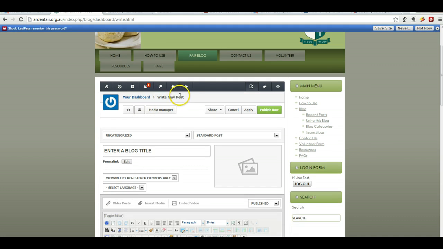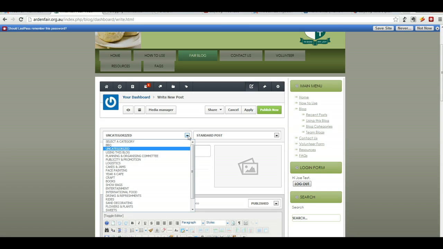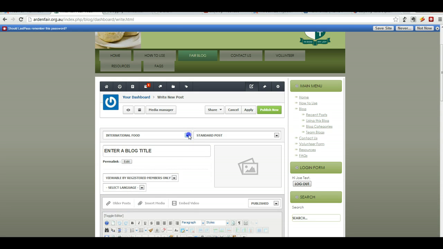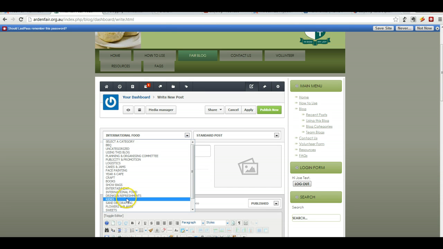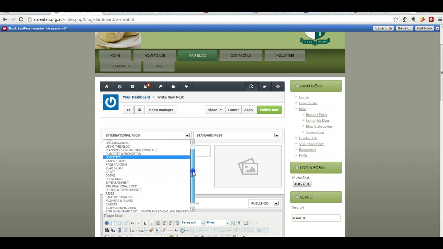Now here we'll start off with it's uncategorized at the moment, so we need to put a category in there. Now if it's going to be about a particular issue, let's look at, say, for instance, international food. If on the other hand you're going to use it as a team blog, it's probably better to put it under the category of team blogs,